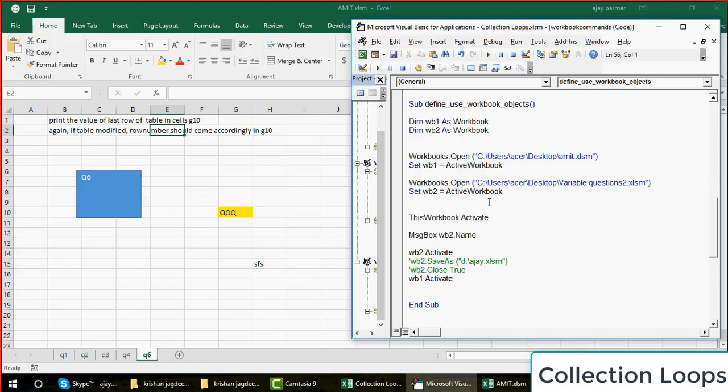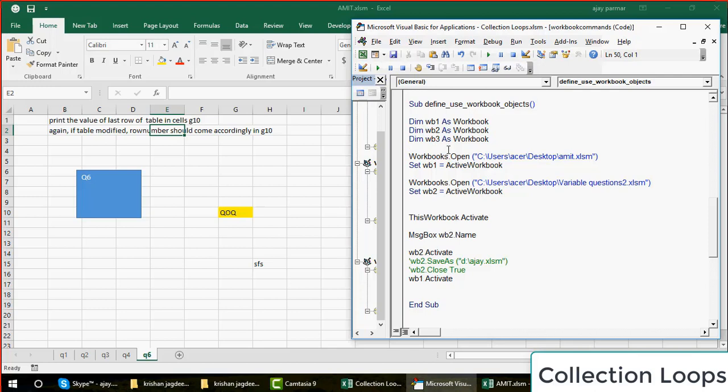Now for example, let me put here one more workbook, and I write here, just for the fun, WB as a workbook. Maybe I write WB3. What I'm trying to do is refer to WB3 as this workbook, collection loop.